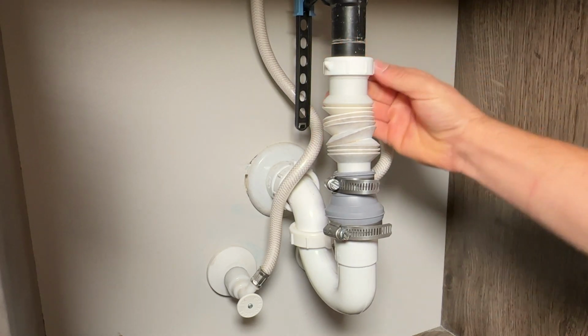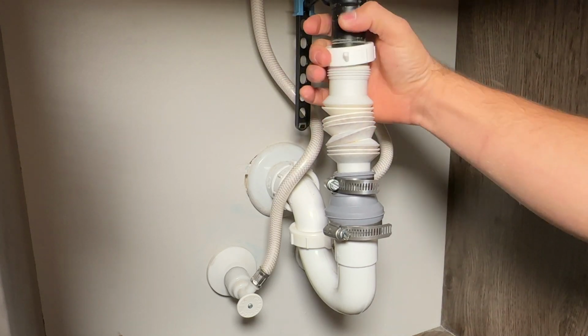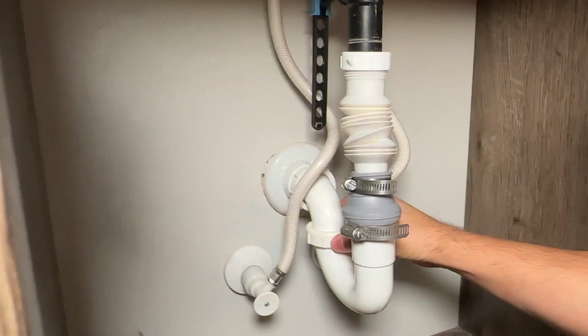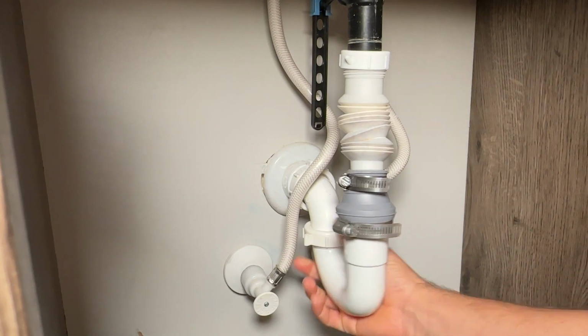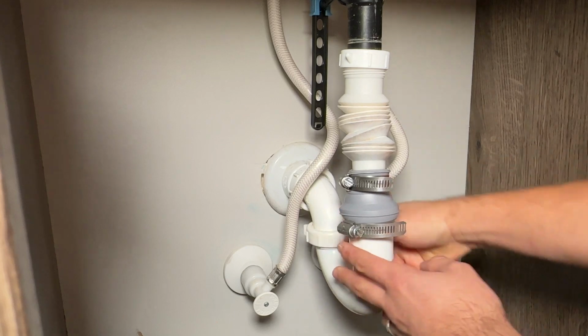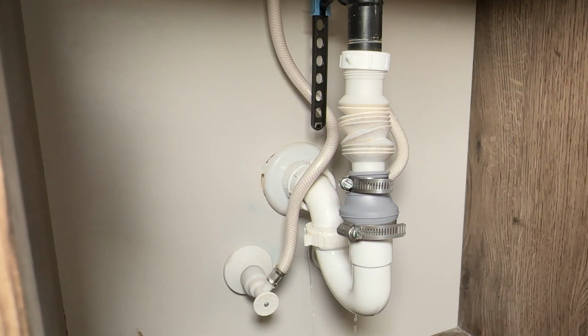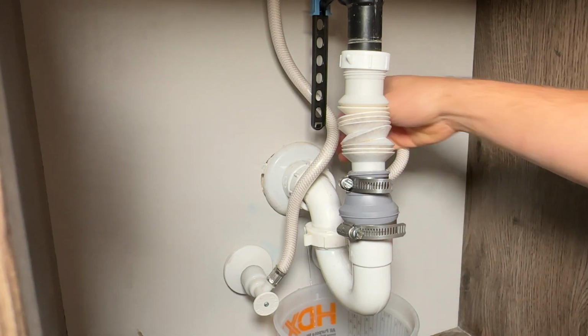The main reason to do all of this is to simplify the plumbing process here. The fewer parts you have, the fewer potential leaking points you're gonna have, right? So what we're doing here is loosening it up. It's very good to have a bucket nearby to collect the water, if you have any water coming out, as you know, the